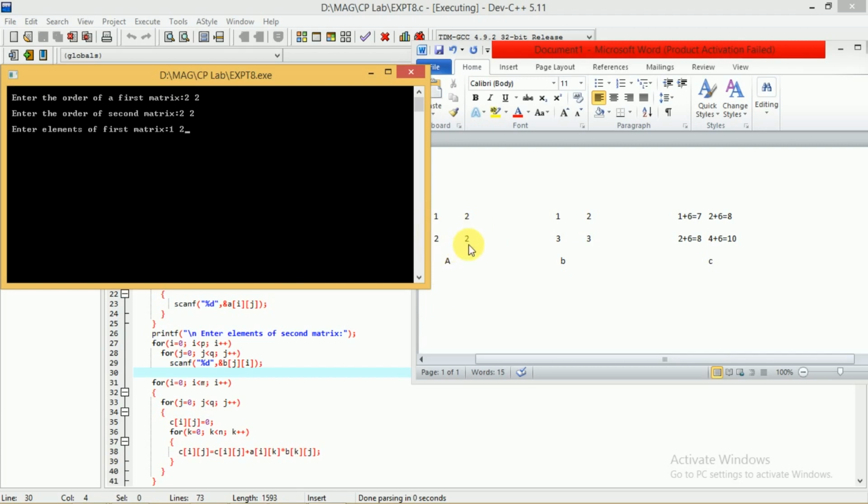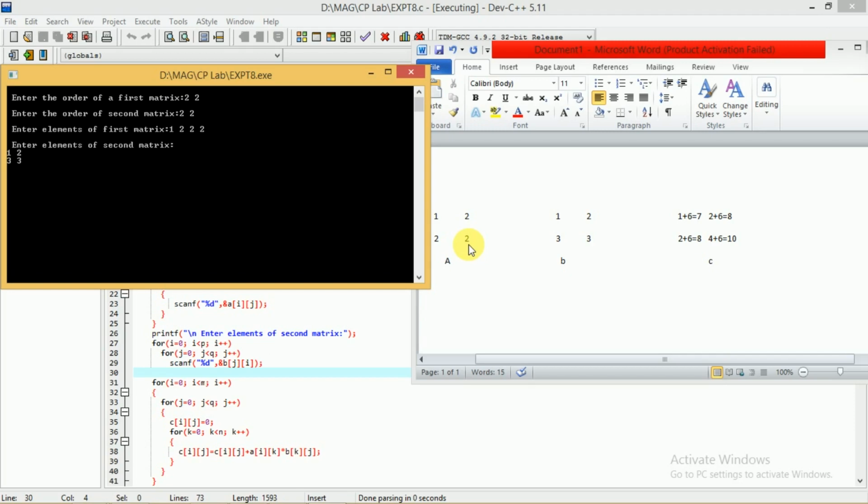If you want, you can enter in the form of a matrix, or you can enter in sequence also. It is read as 1 2 2 3, as in our example. Similarly you have to enter the elements of the second matrix. As I told you, you can enter in the form of a matrix here itself, or sequentially, but you have to enter the elements row by row.